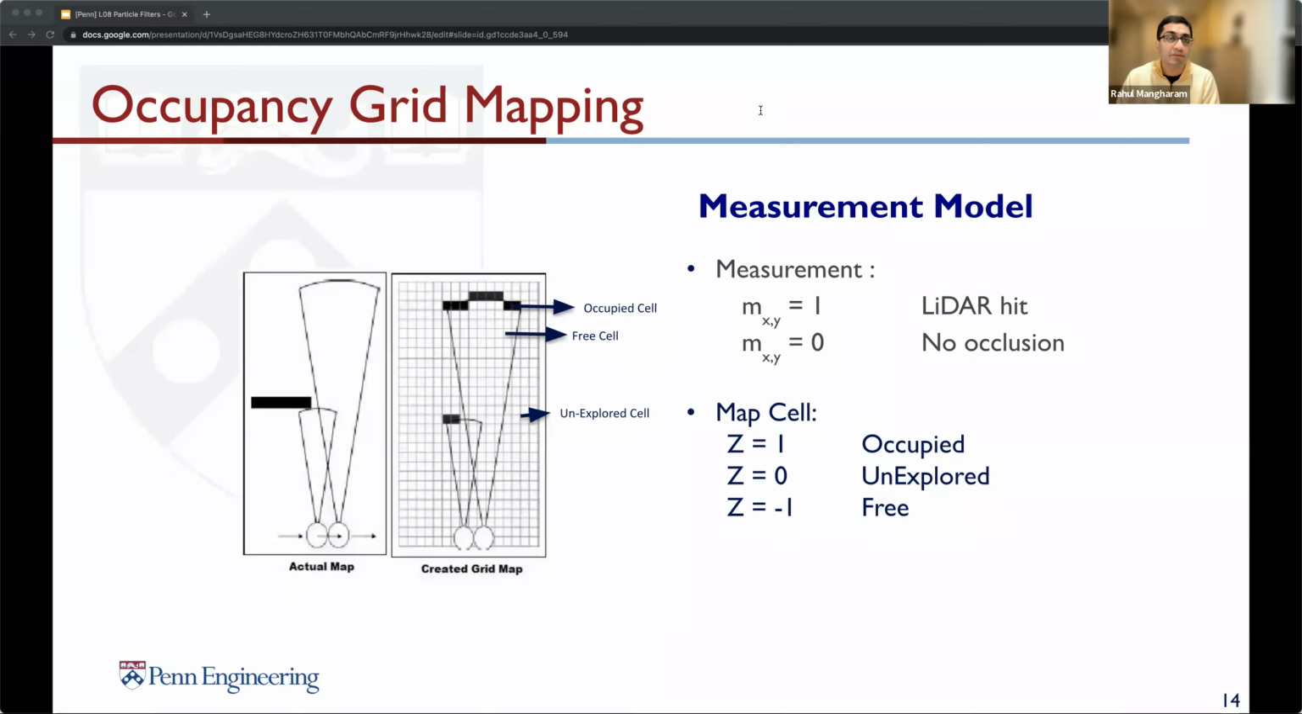whether it's occupied, free, or unexplored. We define a measurement model as a probability of a cell being occupied or free given the LiDAR measurement being 1 or 0, which indicates the estimated uncertainty in the LiDAR data. LiDAR measurements can be pretty accurate. However, you might not want to trust them completely